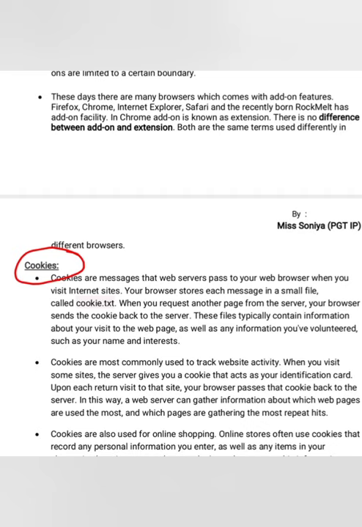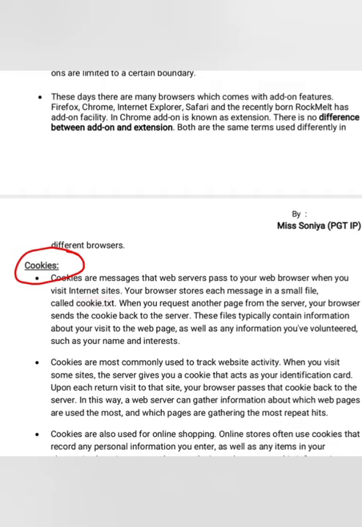First of all, we need to understand that a cookie is a kind of file which is created by the web server and sent back to the browser to create a history, or to make searching for the website next time easy for the browser as well as for the user. This is something which is created to make your work easier and faster, and to shorten the time of searching by the server.